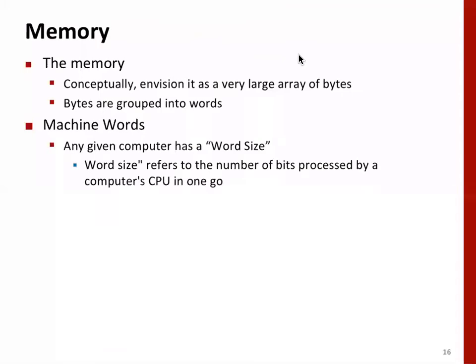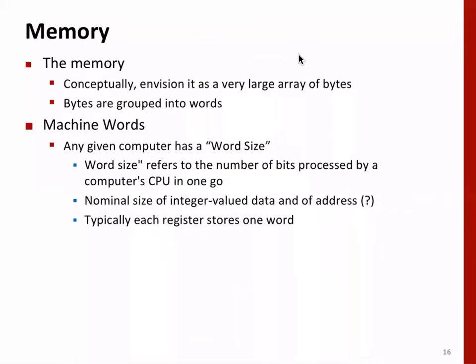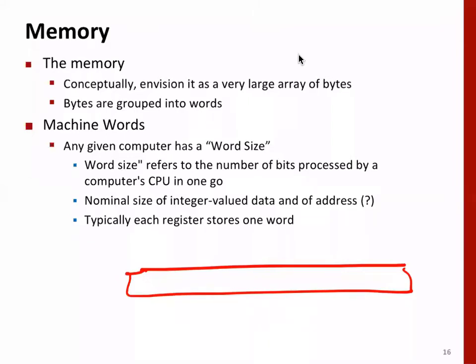Right. Let's move ahead. So when we see memory, it is nothing but an array of bytes. A byte is nothing but 8 bits. You can see the first byte, second, third, fourth, fifth, sixth, seventh, and so on. You have to view it as an array of bytes. Now bytes are grouped into a word. Note that different computers have different word sizes. In the next slide we'll study what a word is.